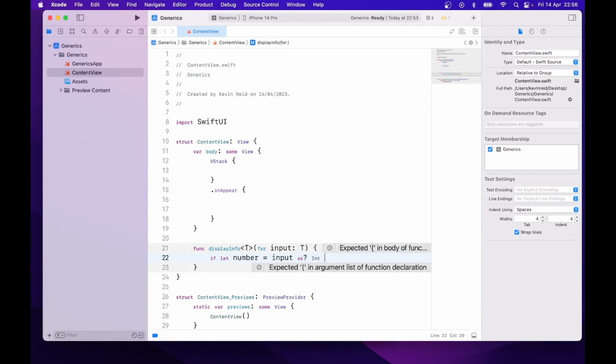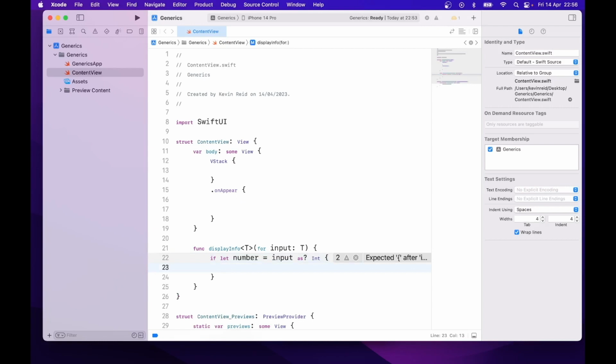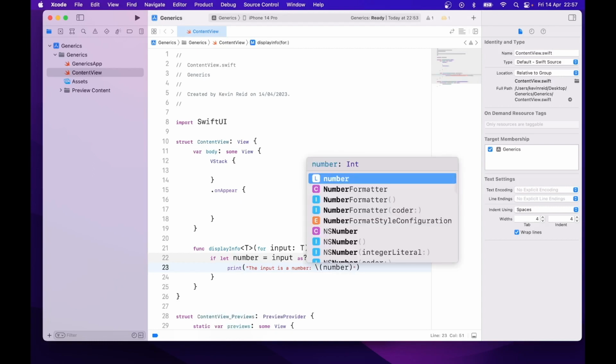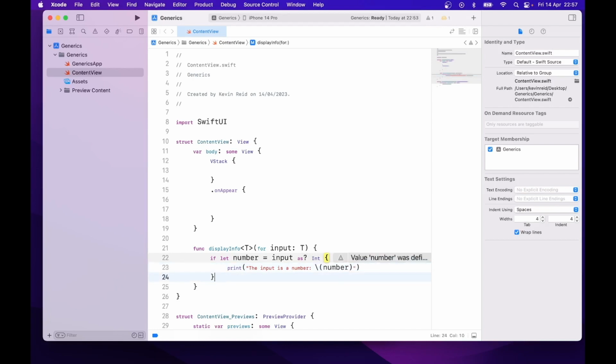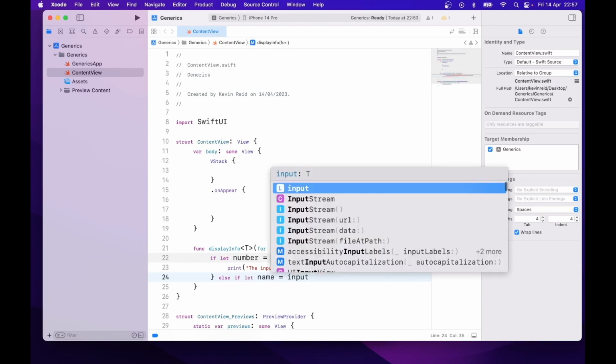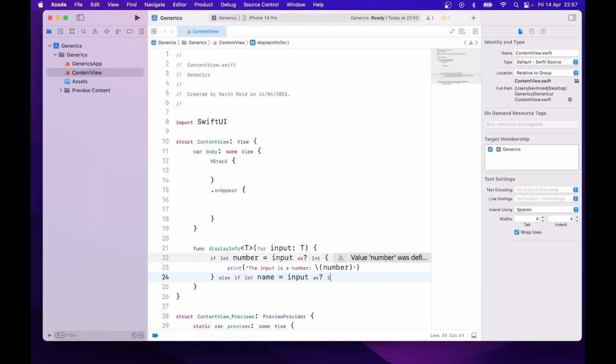Int, open curly braces, and then close the curly brace, print, open bracket, "The input is a number:", open bracket, number, close bracket, and then comma, else if let name = input as? String, open curly braces,